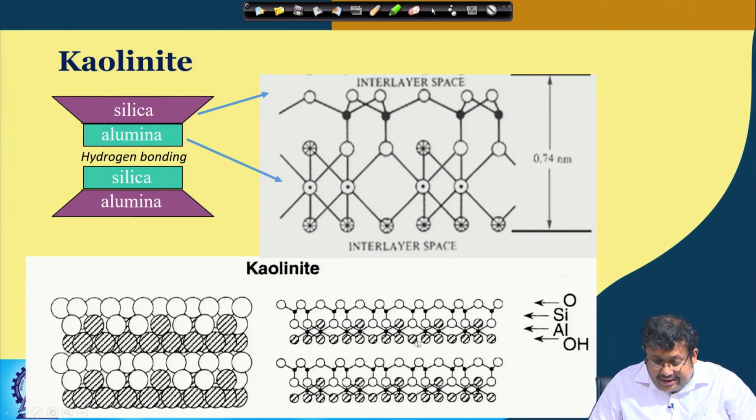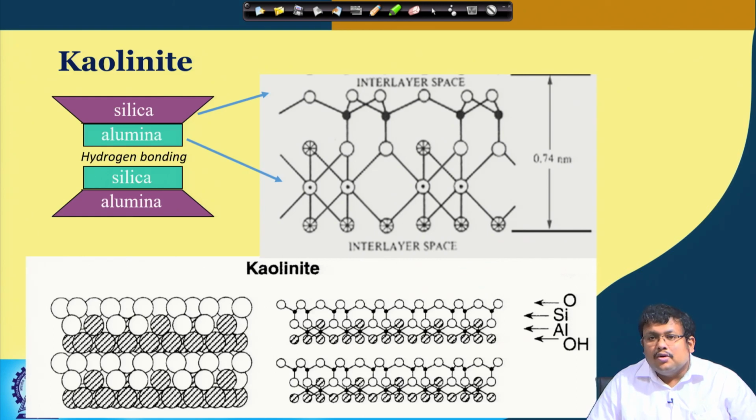So, you can see the hydroxyl ionic layer is coexisting with the oxygen layer, and as a result of this difference in their electronegativity, there will be formation of hydrogen bonding. As a result of this hydrogen bonding, the interlayer space between kaolinite is very limited, and that explains why kaolinite is